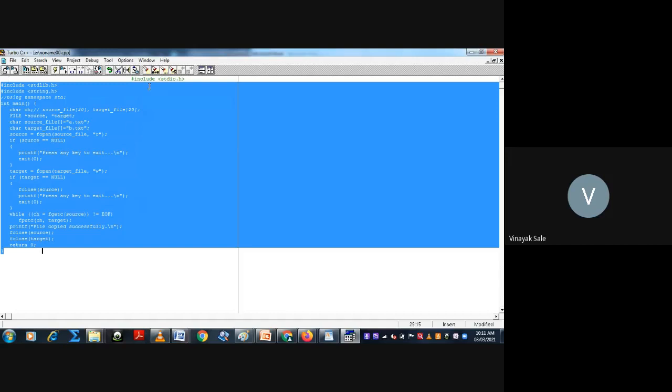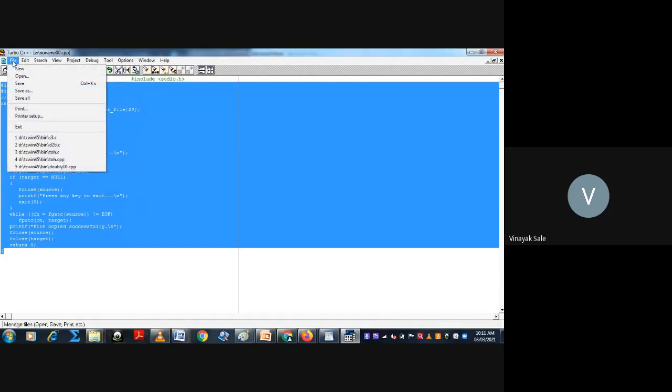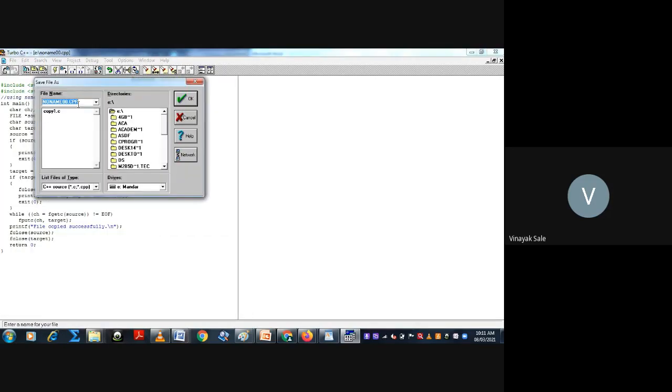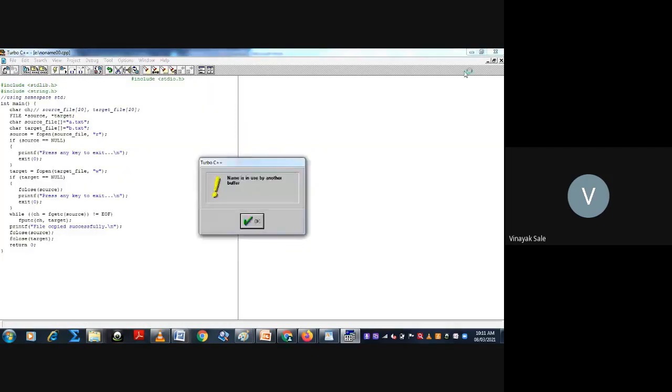So where should we save the file? Save as. Here I have saved the file copy1.c in folder E. In folder E, I have saved that file copy1.c. Go to that folder.